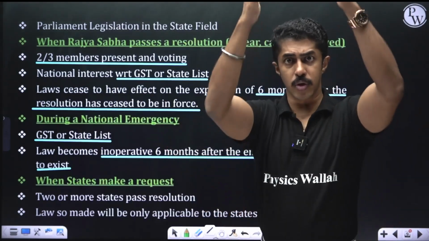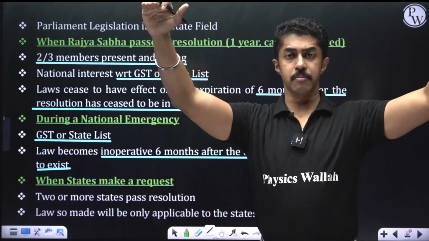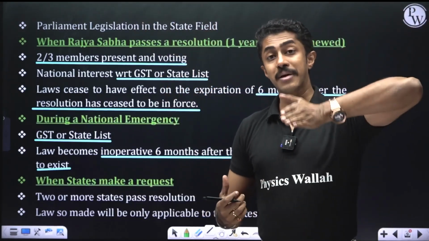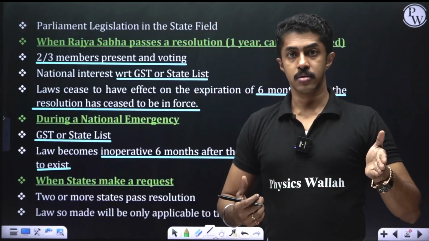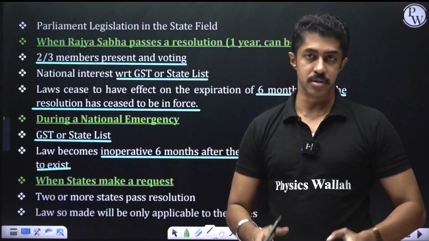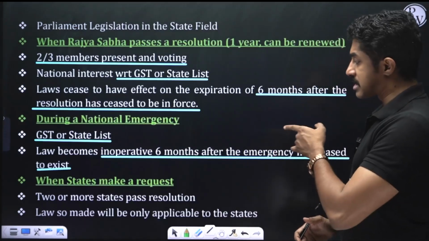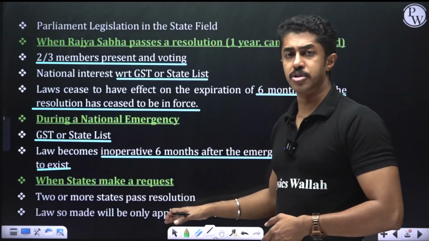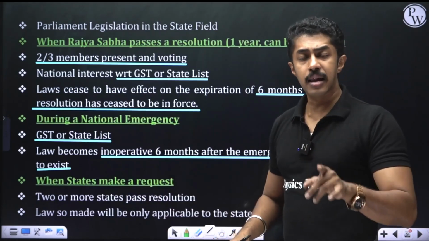That is the point, because a law was passed by the Parliament and you are executing the law during national emergency. Once the emergency stops, how long can this law exist? Maximum 6 months. When states make a request, if 2 or more states pass a resolution, then again Parliament can